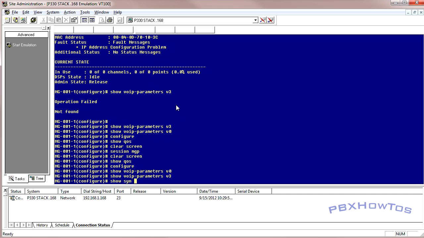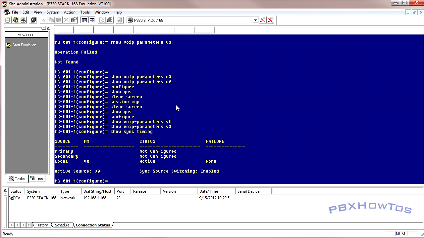Another one, show sync timing. You can see where my sync source is for my gateway or for my MGP. All right? This tells you where you're syncing off of and if there's any failures. So if there's clock errors on your T1s or whatever, or if you're telling the system to sync off of your carrier's clock and there's issues, this is where you'll see these issues. All right,